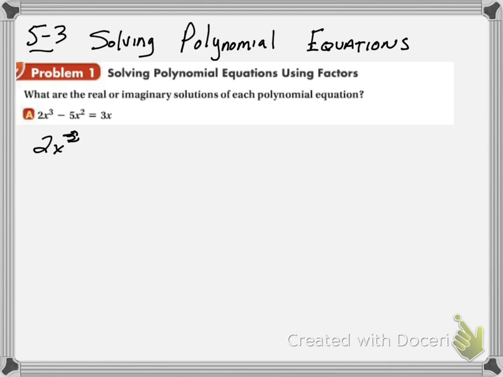It's supposed to be a 3, minus 5x squared minus 3x equals 0. Every time you want to solve it, it has to equal 0, just like quadratics. So pull an x out. So if I pull an x out,